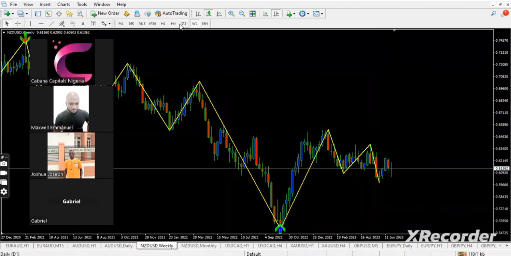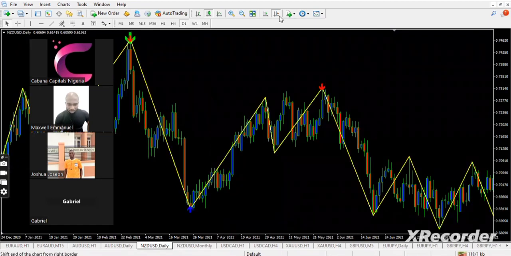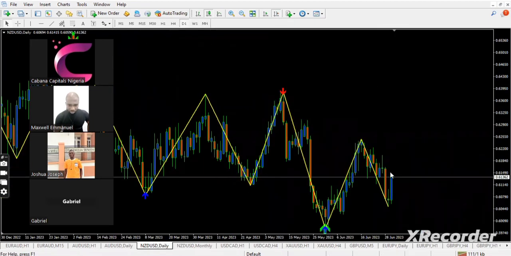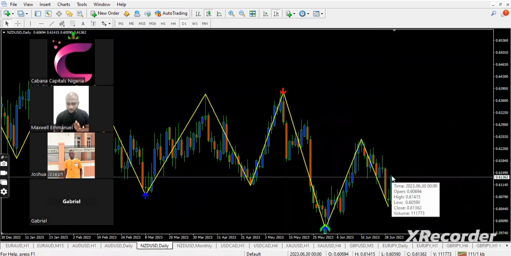So let's see what we have on the daily time frame. We have a spanning bottom and an engulfing candle. So at the moment, New Zealand USD is bullish. We can't sell New Zealand USD at the moment. This is a bullish setup. Okay, so if I'm to sell Australian dollar, New Zealand,